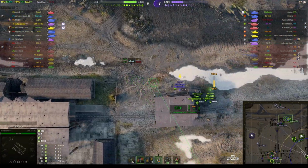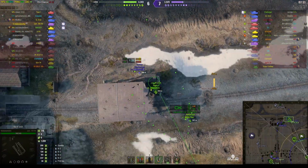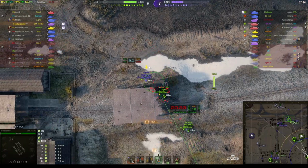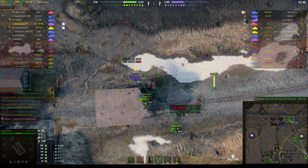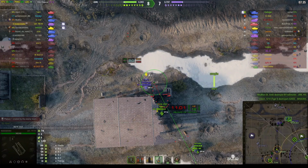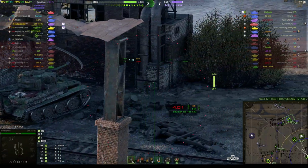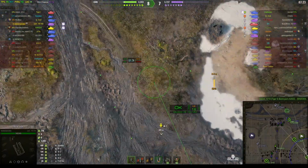Now, if he comes towards that corner, we might be able to get a shot on him, but instead, we're now looking to the north again because there's that Chaffee who's being a bit of a nuisance. In fact, he's switching back to the stun HE, which I think is the correct decision, because what we want to do is weaken that Challenger, and the best way to do that is to actually stun him, and then our guys can get the shot. The Tiger just killed the E8 on the enemy team. But if we can stun that Challenger, both tanks that are sitting there can get a shot at him,